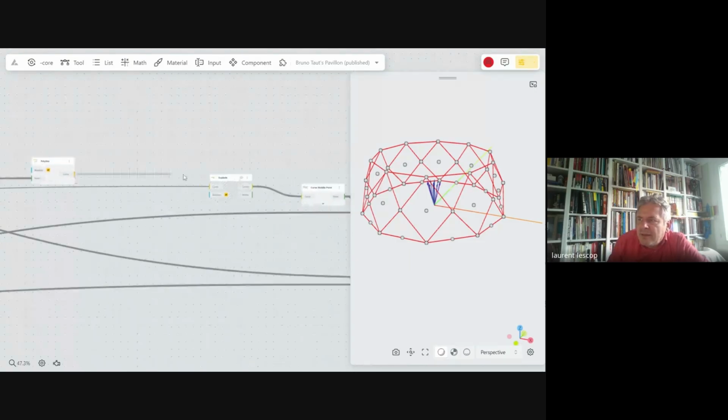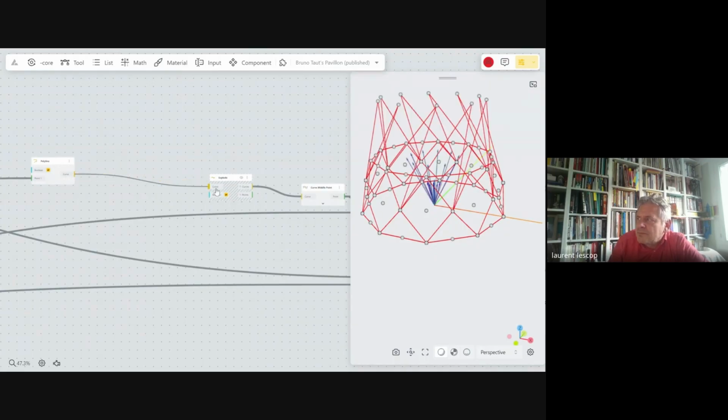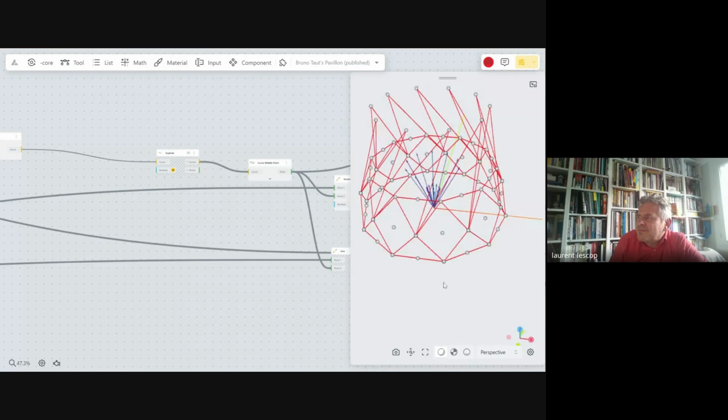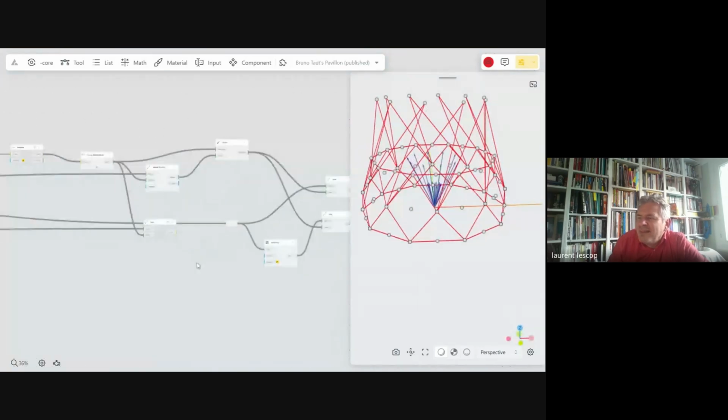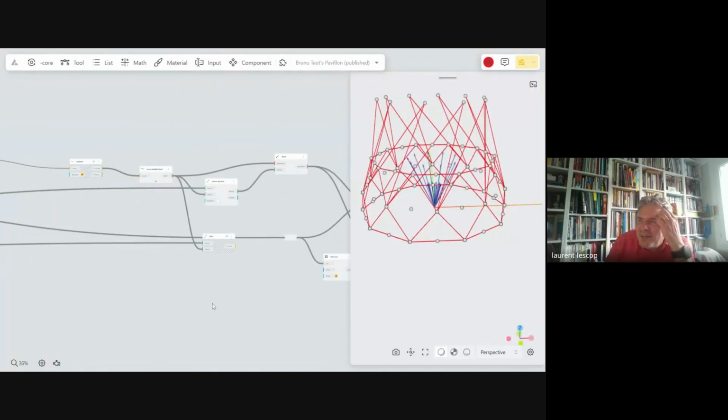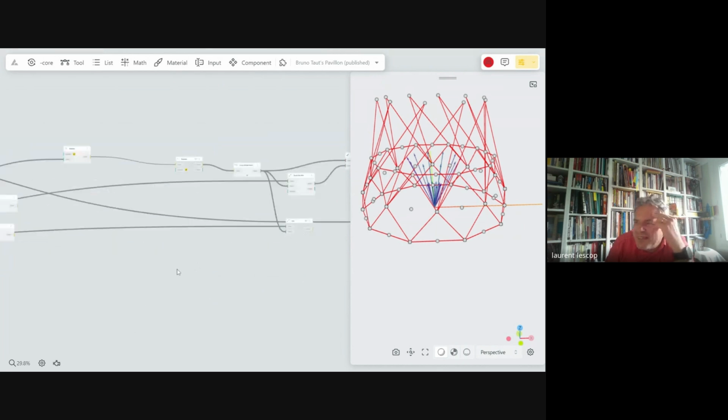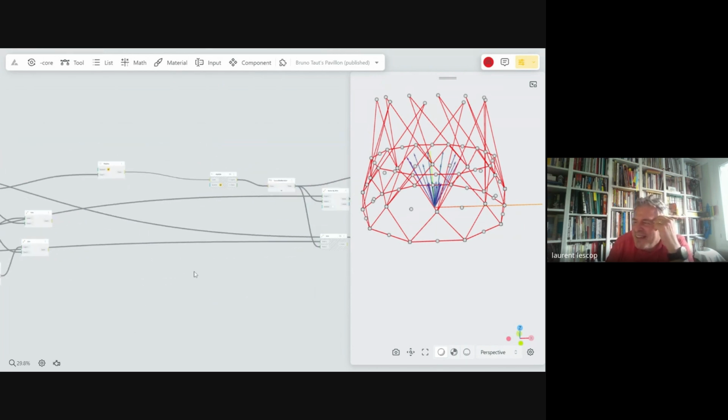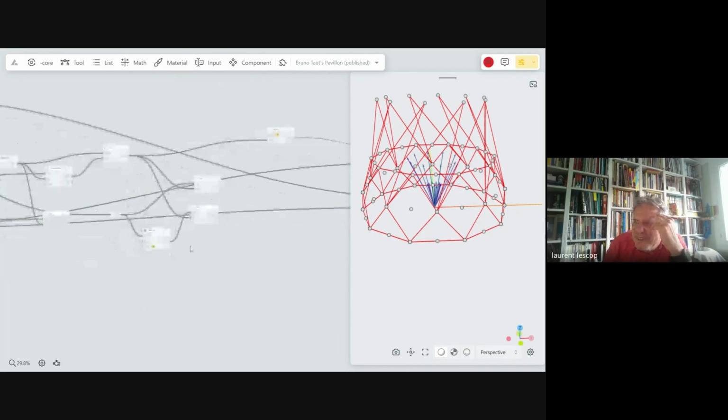So here I can explode. I like to copy paste, but sometimes it creates things that I spend some time reconnecting the right things when it's not super clear.